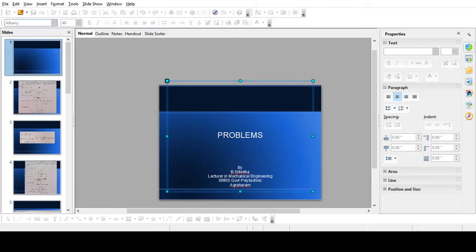So you will get a value of 1.64 into 10 to the power of 5 Newton per mm square. So this is how we are going to calculate the bulk modulus and the shear modulus and Young's modulus and the Poisson's ratio. Next, let us consider a problem which is a bar of